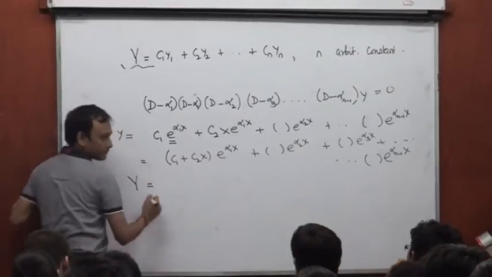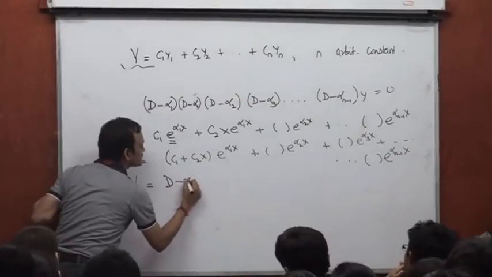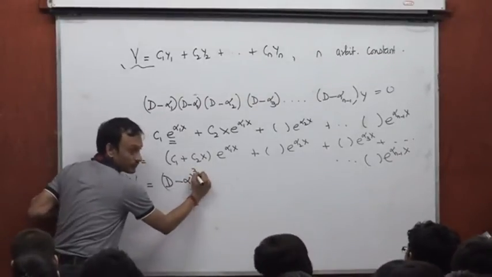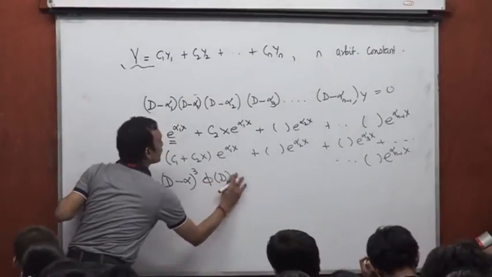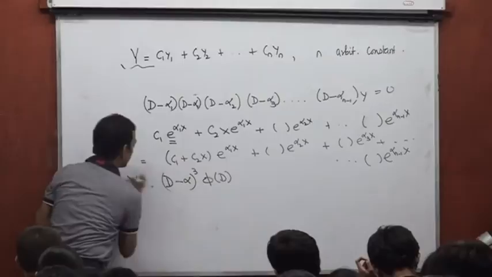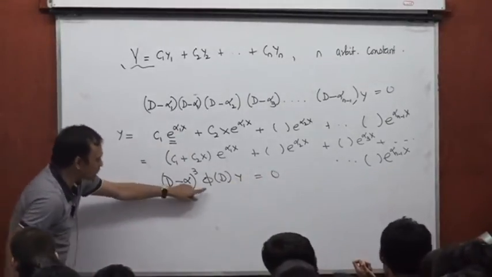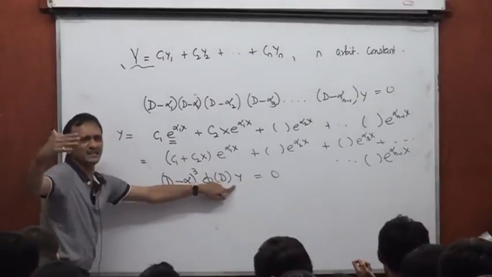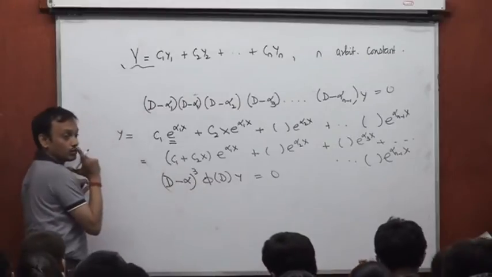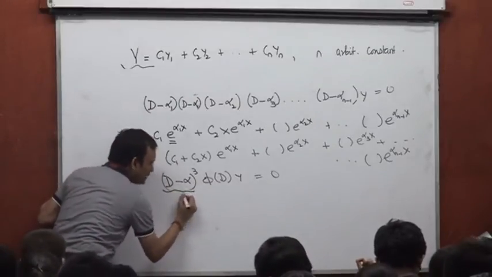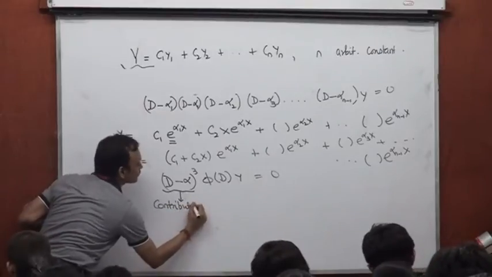A differential equation in which 3 roots were coincident, say, let's say I had (D − α)³ into some φ(D) acting on y. Suppose this was the differential equation. There were 3 coincident roots, and φ(D) would have other factors, let's say (D − α1), (D − α2), etc. Then if 3 roots were coincident, the contribution made by this factor to the general solution would be